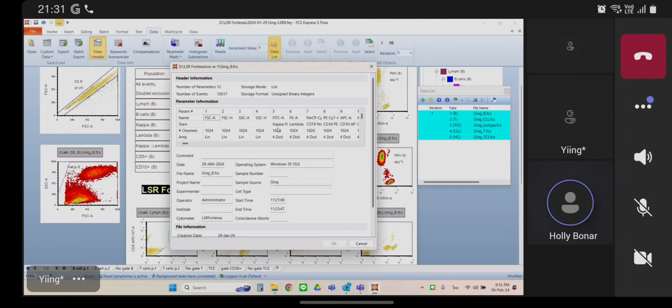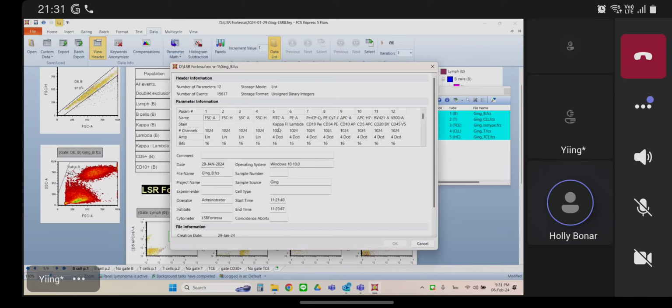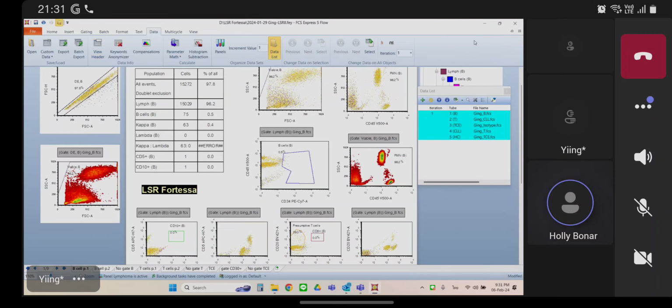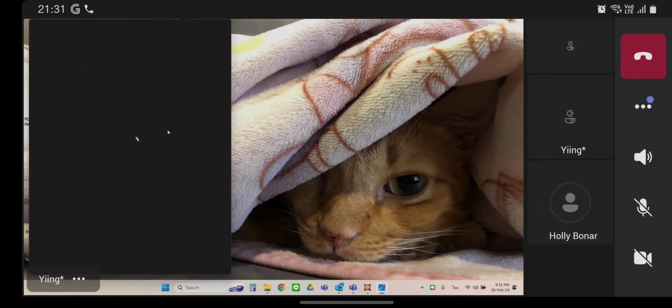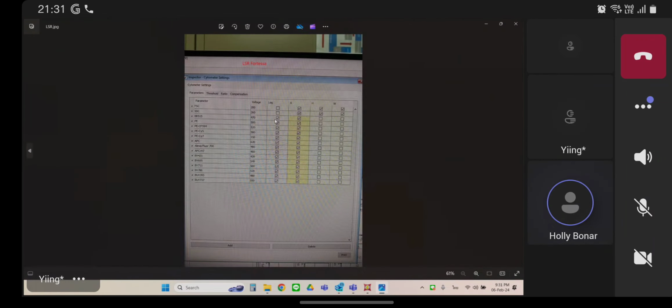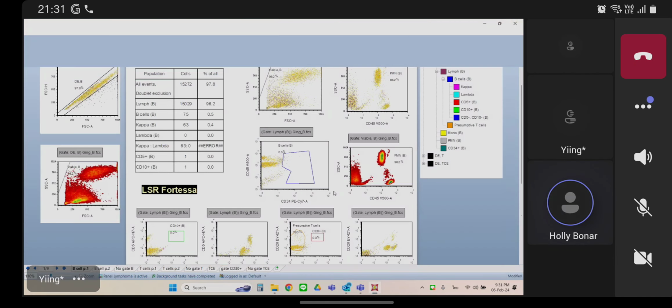So you're not going to be able to use this layout to look at your old data sets that have different numbers of parameters. The only thing really that you can do is to start exporting your data consistently from the instrument so that you're always exporting the same parameters every single time. This layout works for 5 scatter parameters where you're not exporting. So like, for example, on this,